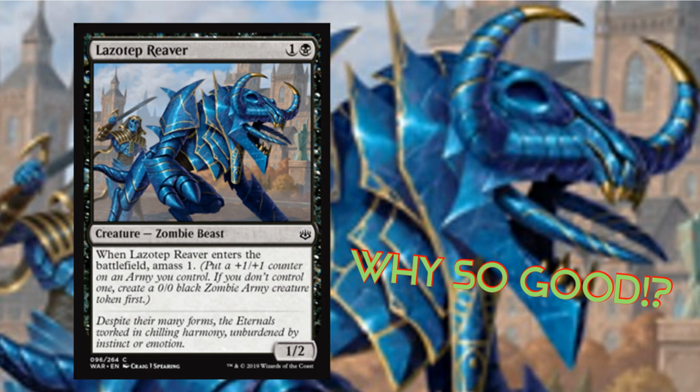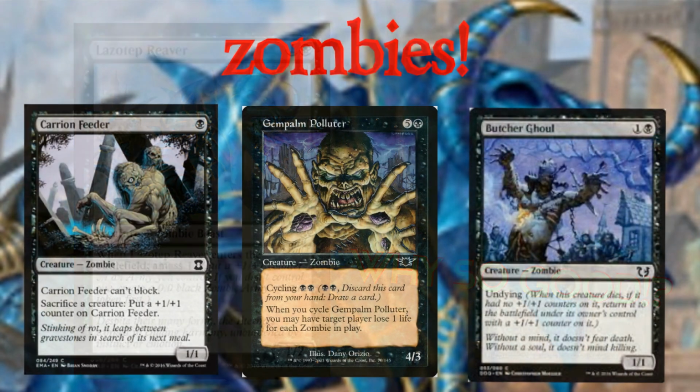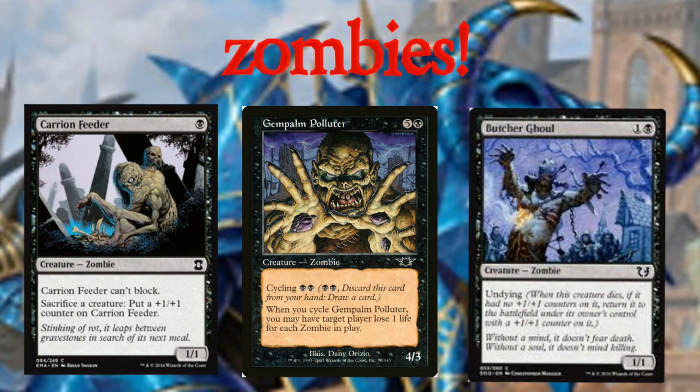puts a +1/+1 counter on an army you control, and if you don't control one, put a 0/0 black Army creature token on the battlefield first. So it enters the battlefield, it makes a 0/0, you put a +1/+1 counter on it. It's 2 mana for a 1/2 and a 1/1. That is also a zombie, and the token is also a zombie. So this card is going to be insane, and it is definitely going to be going into my zombies deck